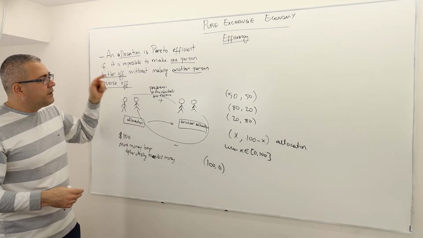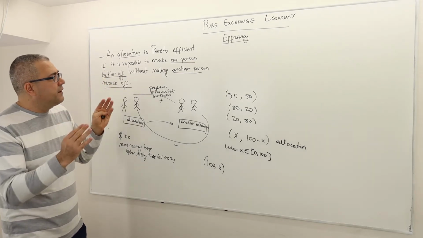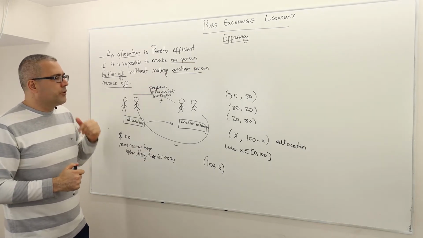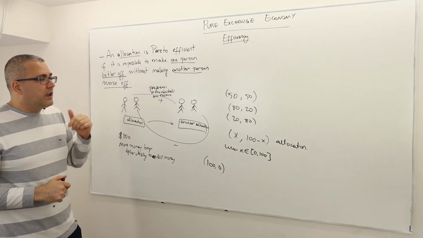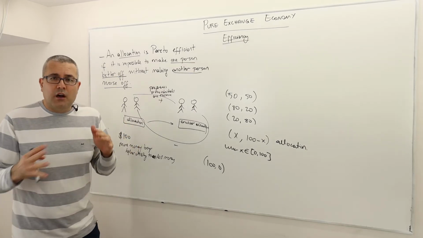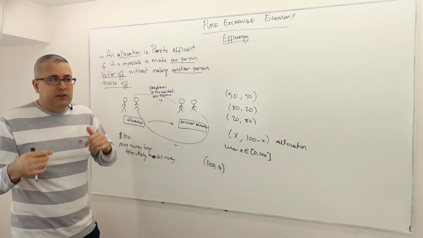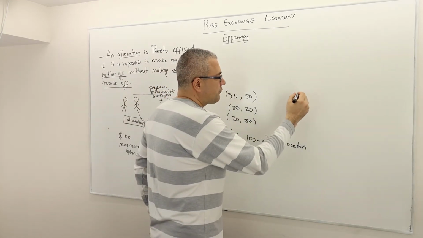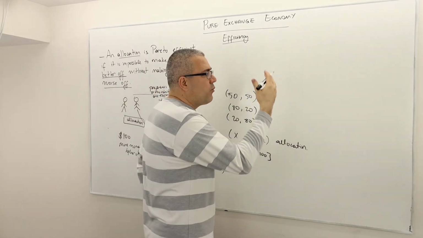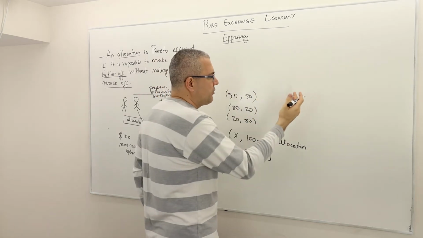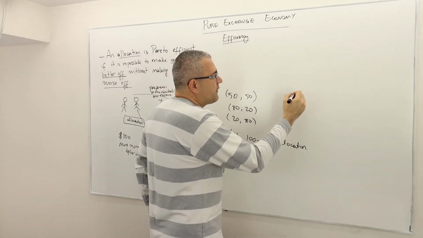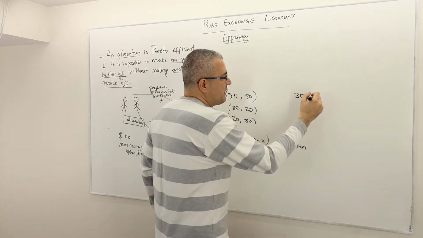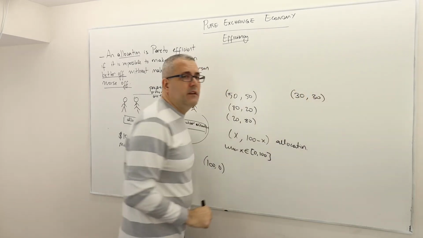So what does it say? An allocation is efficient if it is impossible to make one person better off without making another person worse off. Here, obviously, you can argue whether it is an allocation or not, right? You can think of something like this, one potential division of $100. So Bob gets $30, and then Anita gets $30, all right?